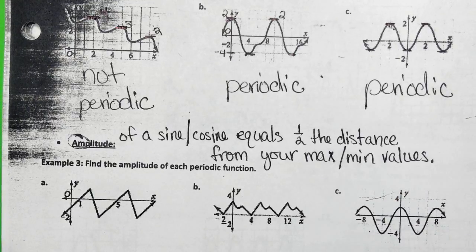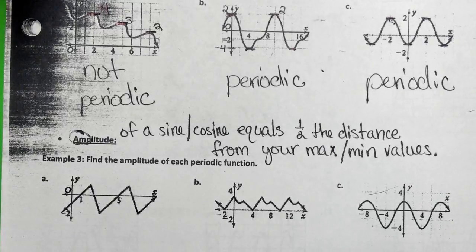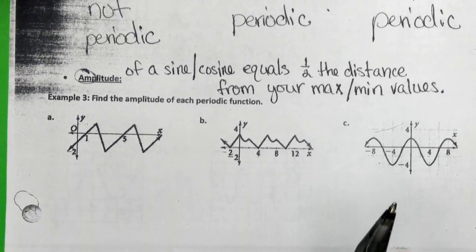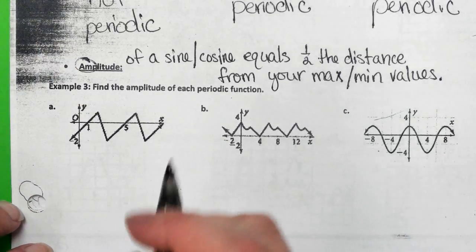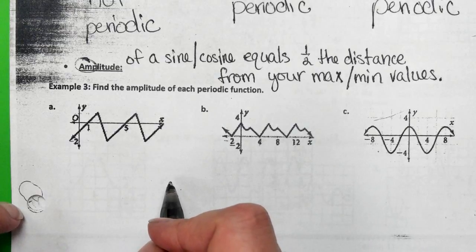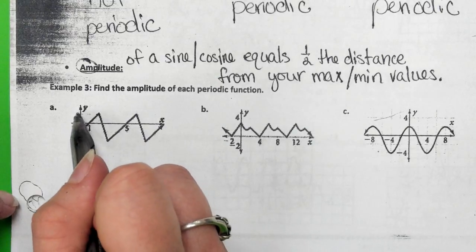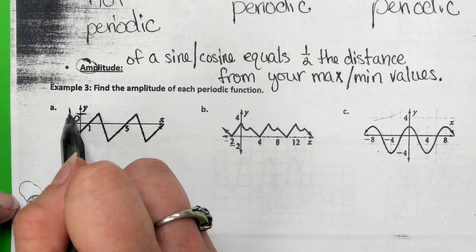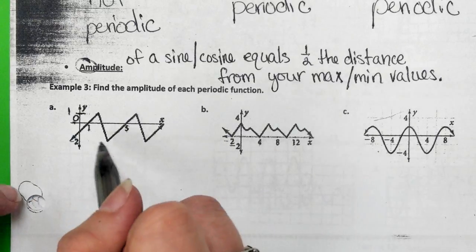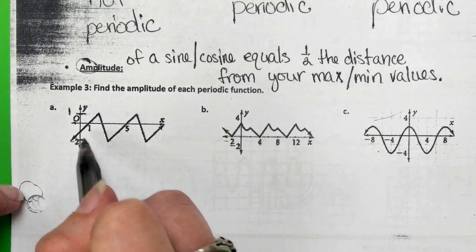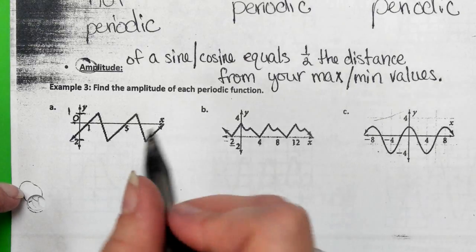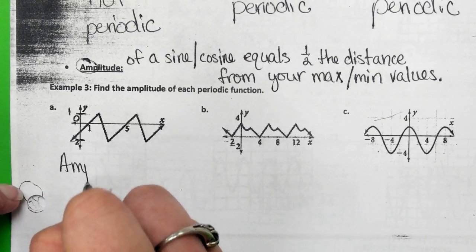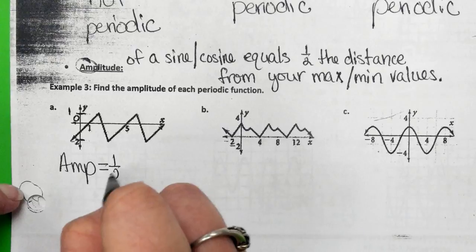And I'll show you what that means. It's half the distance. Okay, so let's look at these on the bottom. All right, so it looks like this is positive 1, and again, it'll be very clear. And then it looks like down here, it tells you that's negative 2, right? Okay, so your amplitude, or your amp, is 1/2